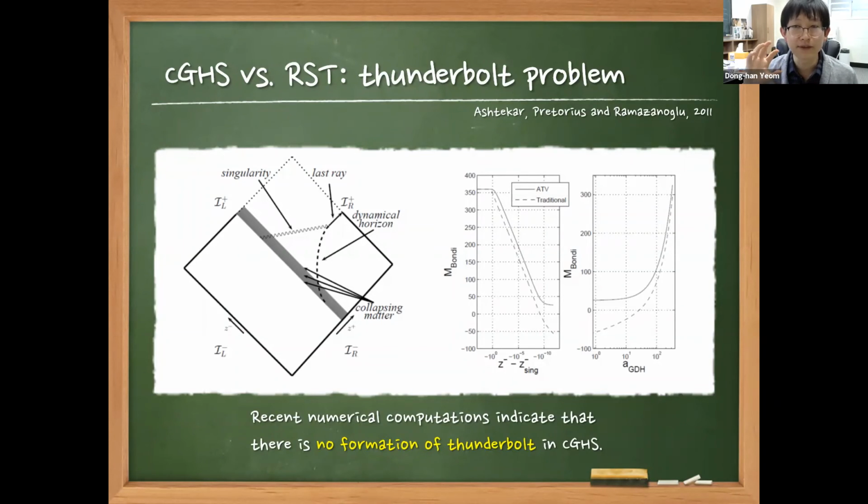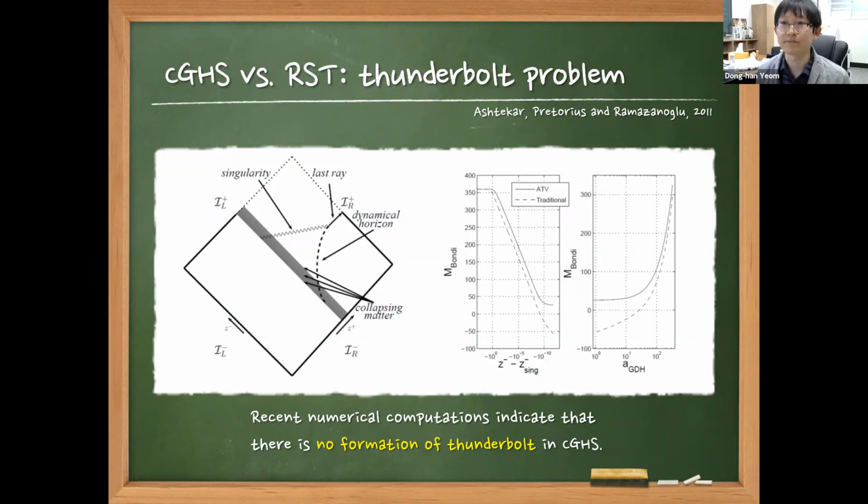I mean, the black hole decreases in size and approaches a constant, non-vanishing asymptotic mass. So these recent numerical computations indicate that there is a formation of a remnant rather than a Thunderbird singularity or naked singularity. So maybe in the CGHS case, there is no formation of a Thunderbird. So probably that is the price to introduce such a global symmetry in the RST model. In the RST model, there is a Thunderbird singularity, but in the CGHS model, there is no formation of the Thunderbird,